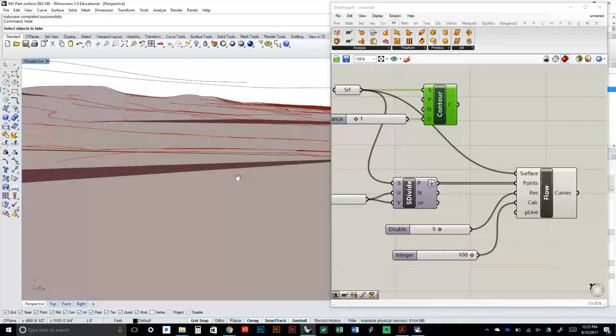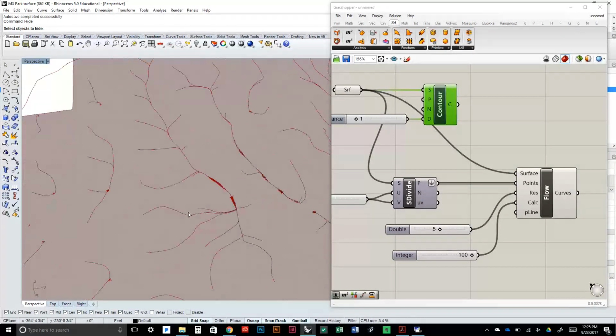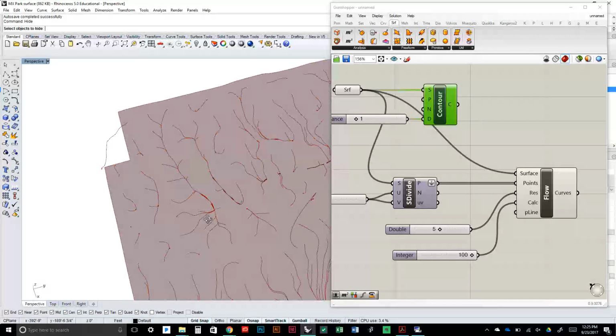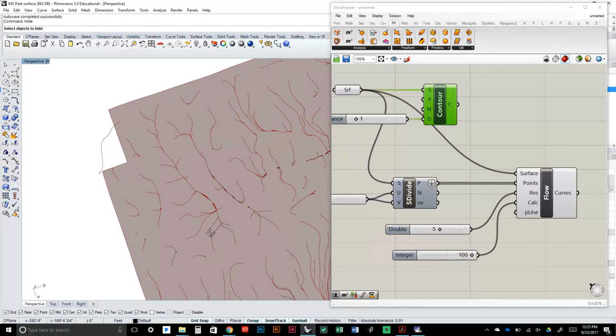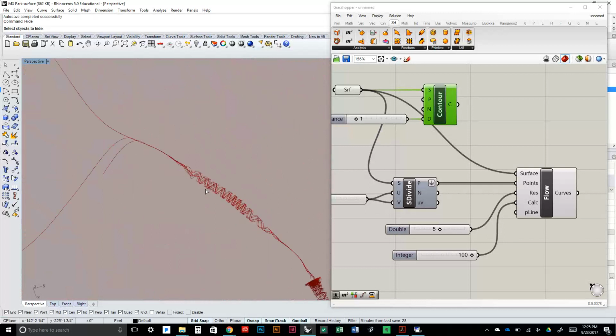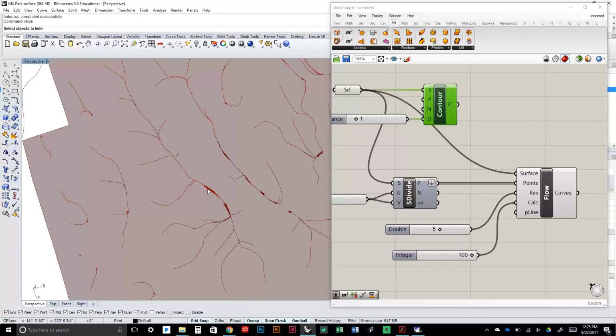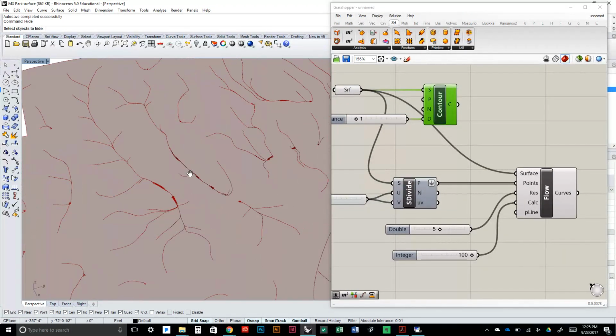So that might be an area where you have a stream flow spreading out into a sheet flow, and have more potential for infiltration. Exactly. Because the water's not moving as fast. So you could almost start to think of this, you can even start to write a script or an operation that says, okay, when I have a lot of curving curves, there's probably going to be a lot of points making up those. And so where you have a huge collection of points could start to inform where there's standing or pooling water. I haven't investigated that, but now I am when I go home or go back to my